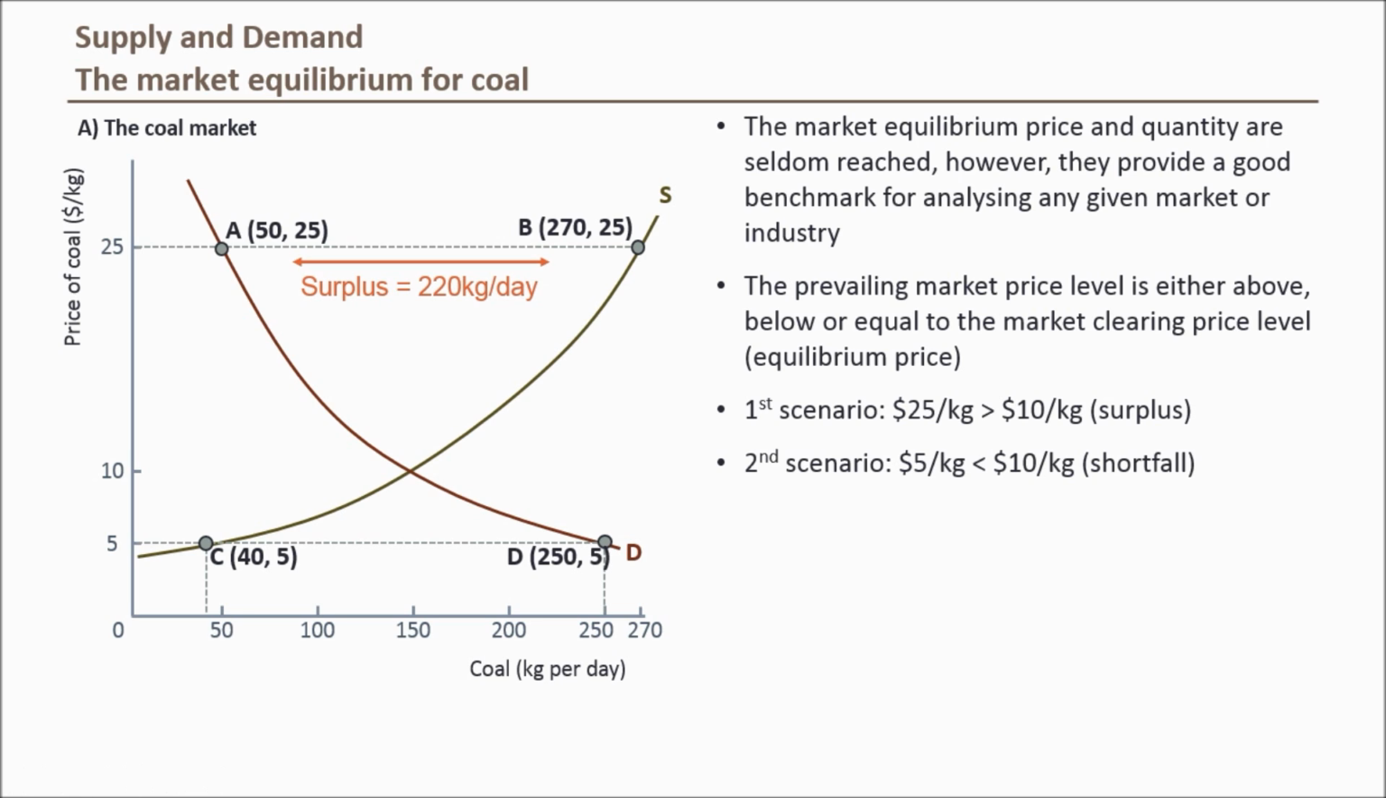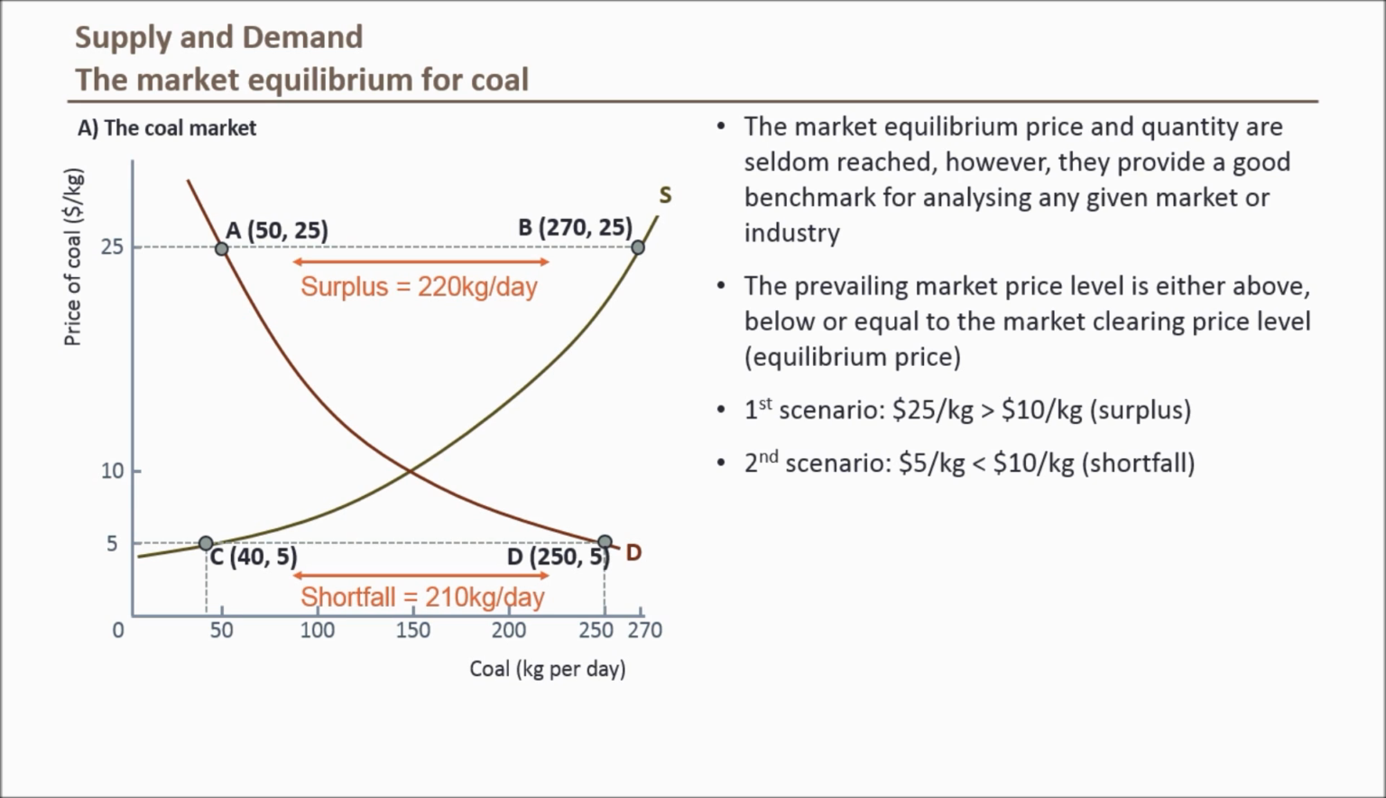However, a low price means that consumers will be willing to buy a lot of coal, and may even give up cleaner and more expensive alternatives for more coal because it is so cheap. At a market price of $5 per kilogram, consumers will demand 250 kilograms of coal per day, as indicated by point D, which is much more than the 40 kilograms currently being supplied by the mines. This means that at the end of each day there will be a shortfall of 210 kilograms. So when the market price is below the market clearing price or equilibrium price, a shortfall of stock will be